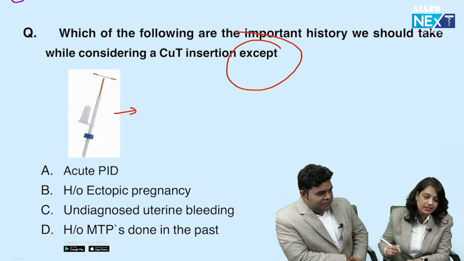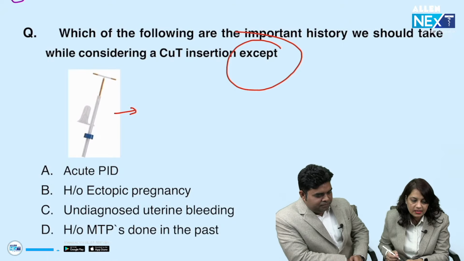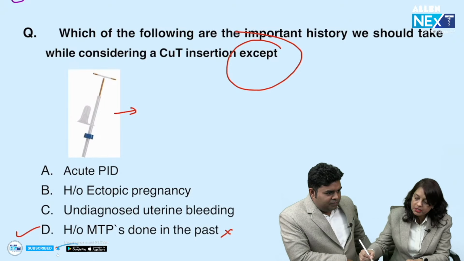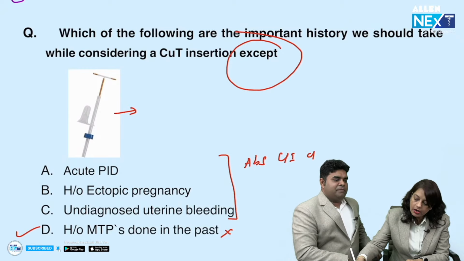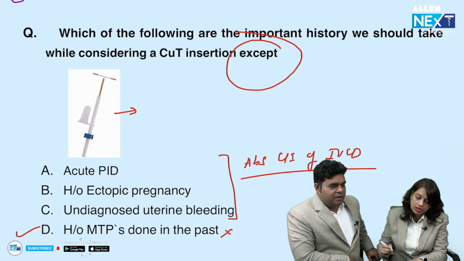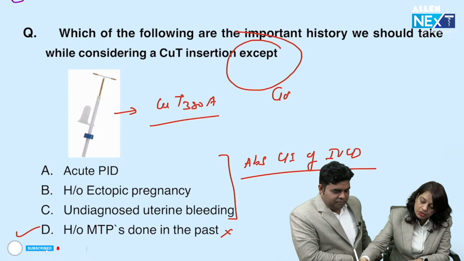What is the type of IUCD that you see? Yes, yes, here. Dr. Ravi Kumar has written it very correctly. History of MTP is not important. Rest all are absolute contraindications of an IUCD insertion. Okay. So this is a Copper T 380A, which is